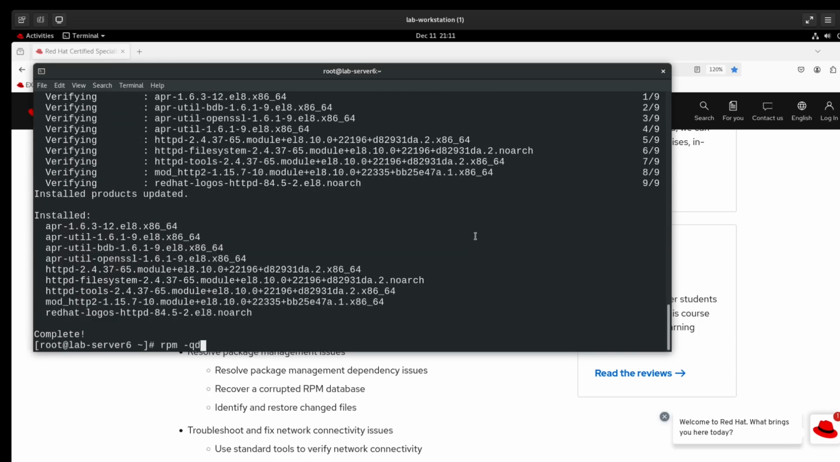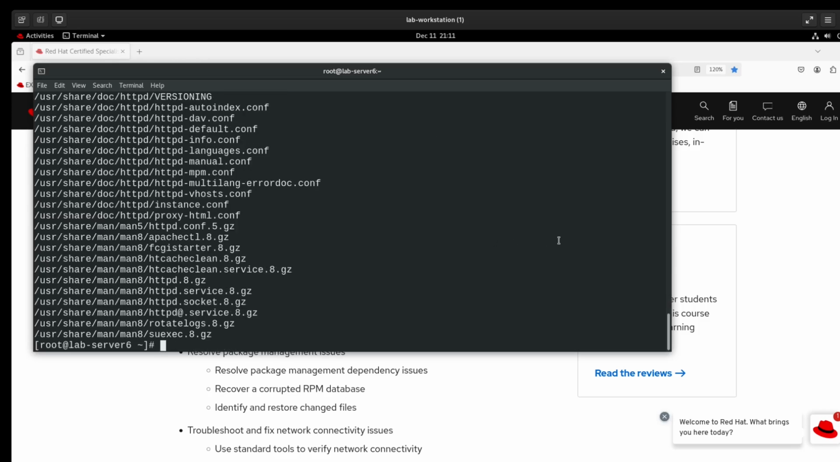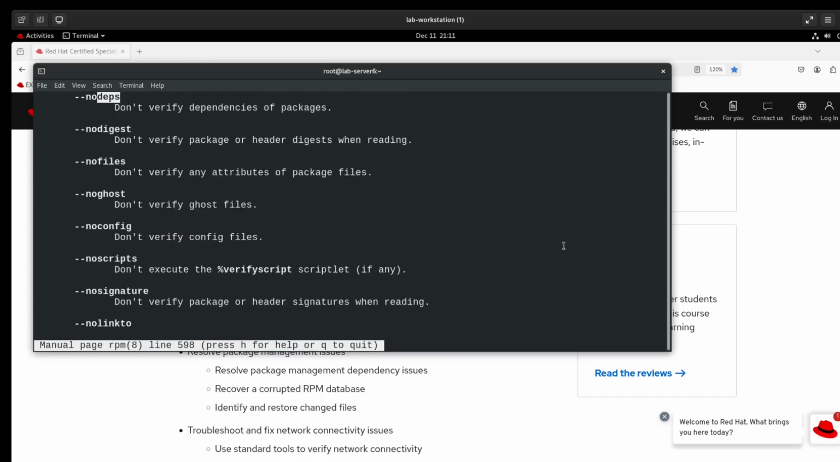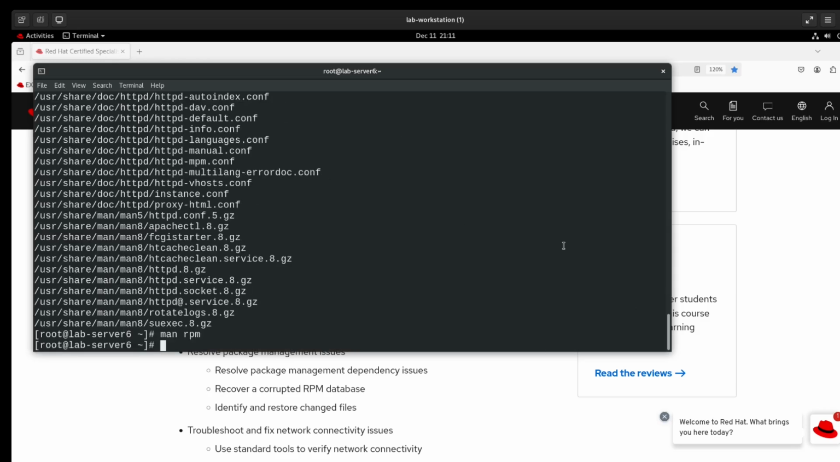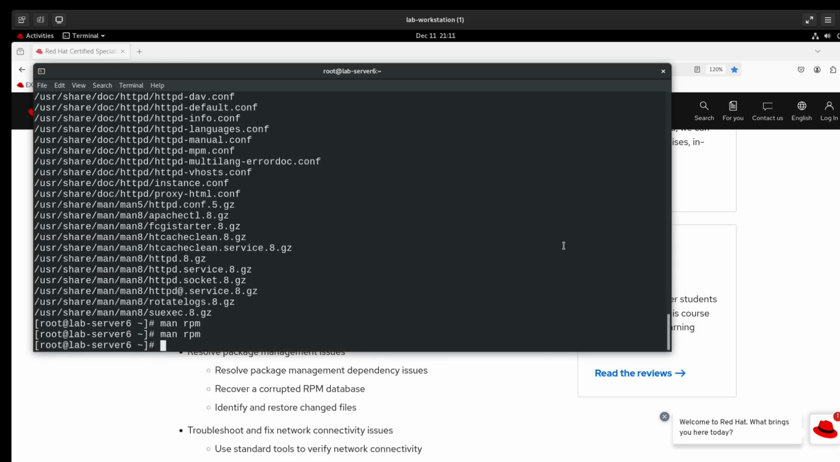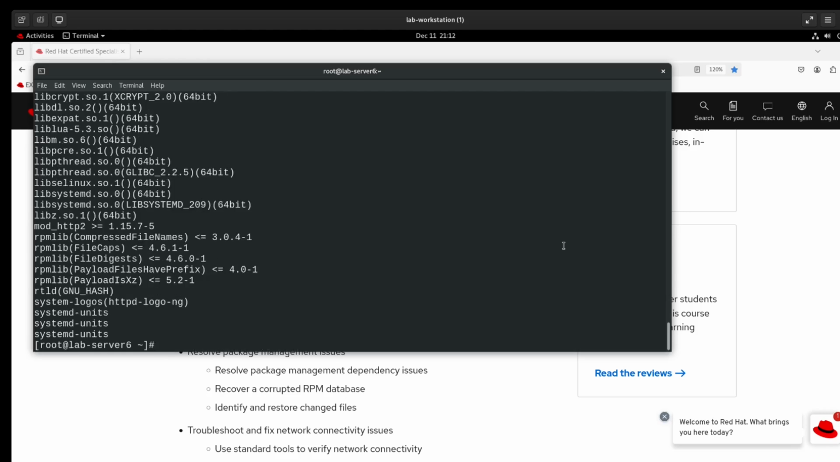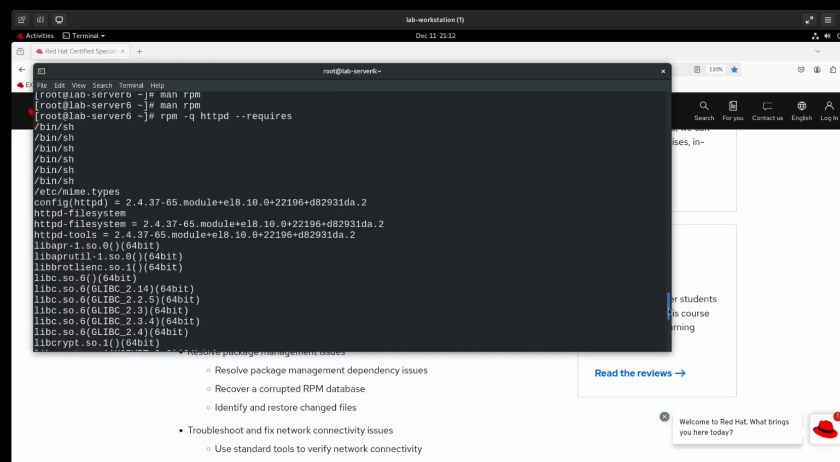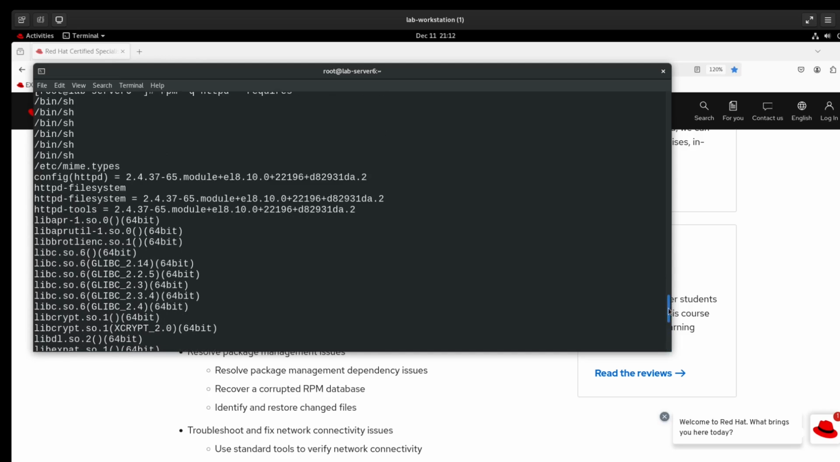Is it QD for RPM? No, that's the documents. It's the no deps. There is a way to list the dependencies. I know there is. Is it requires? Yeah, RPM -q to query httpd --requires. There we go. So that's one way of showing all of the requirements and basically all the